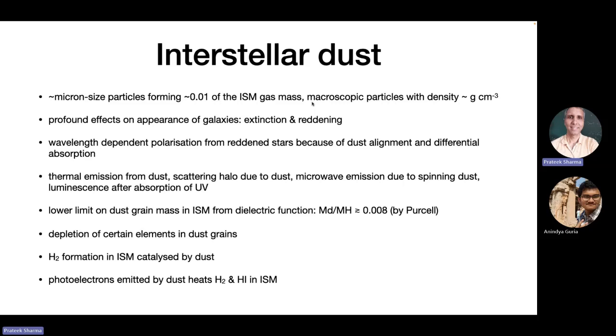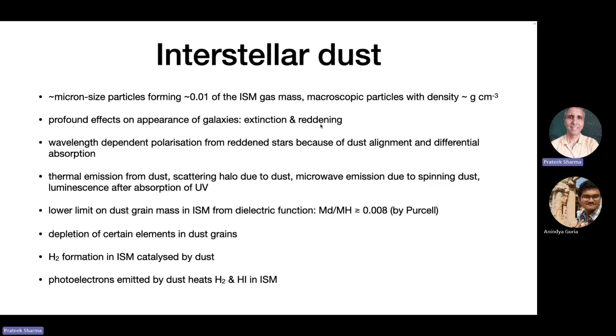Dust is also very important for planetesimals. In planet formation around stars, you want to grow planets, and planets are solid objects. So the story goes that you form small dust grains, and they collide and somehow become bigger and bigger, to a size beyond which self-gravity can take over and grow the planet further. So you can see that dust processes are extremely important for a lot of aspects of the ISM and beyond.